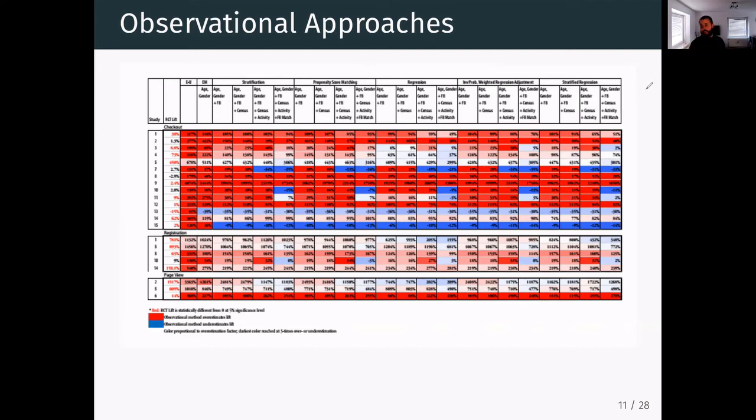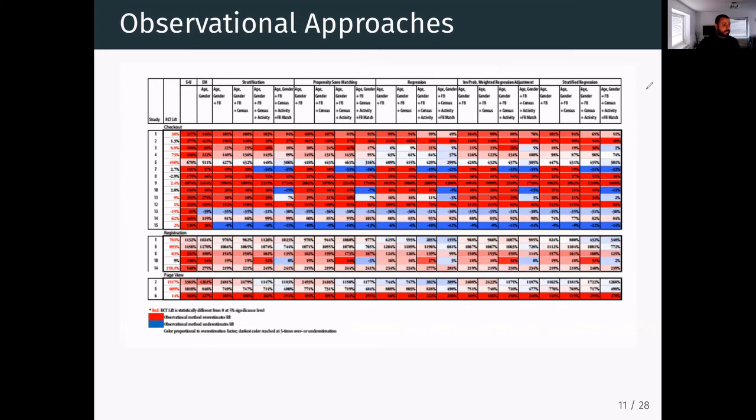What you find here, if you just look at the table, there's a lot of red, right? Lots of red. And what does red mean here? Red means you overestimate the effect of ads. So you see that there's a lot of overestimating the returns to advertising when you don't do the experimental idea with a diff and diff.